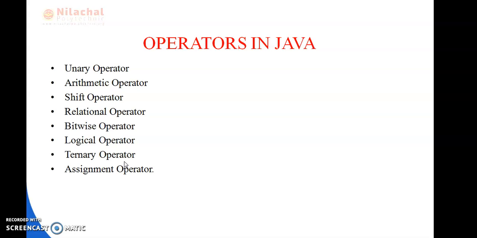And the right shift is used to move the left operand value to the right by the number of bits specified by the right operand. Then comes the logical AND and logical OR. The logical AND operator doesn't check the second condition if the first condition is false. It checks the second condition only if the first is true. The bitwise AND operator always checks both conditions, whether the first condition is true or false.